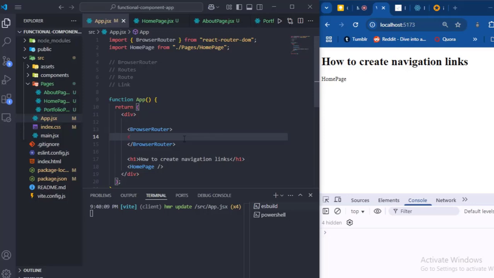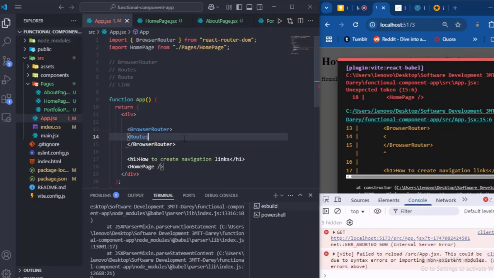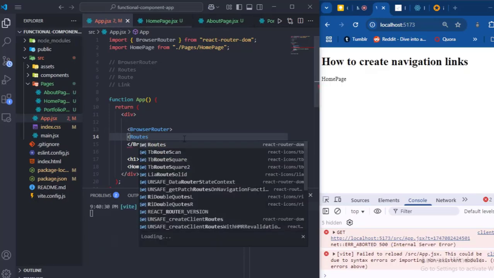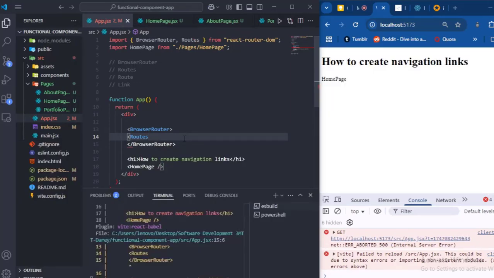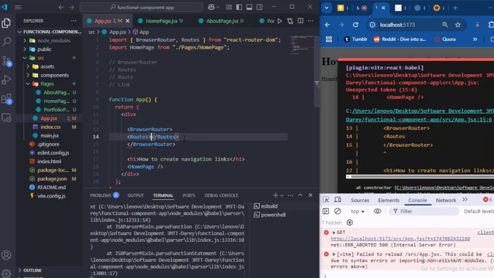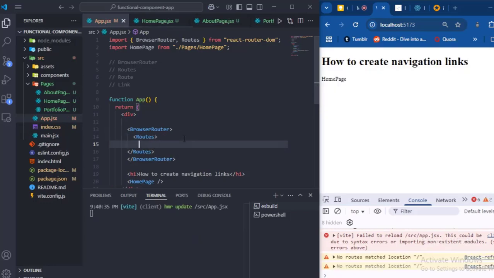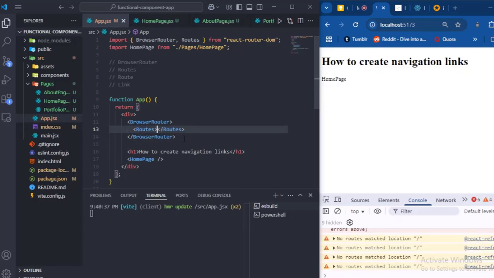Inside the browser router, we now have to specify another element that will contain all our different routes, and that one is now called Routes, just like this. And also make sure it is imported, and you have the closing tag this way. Inside the routes, we now have to start putting in our